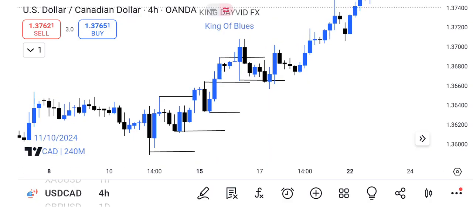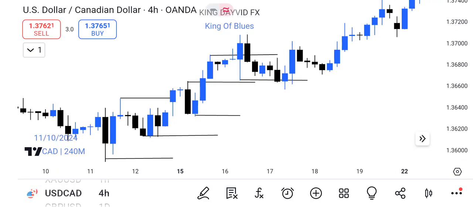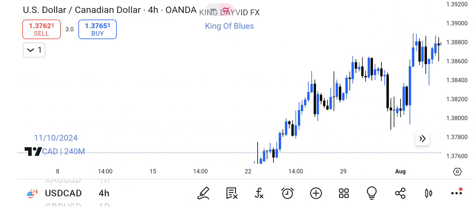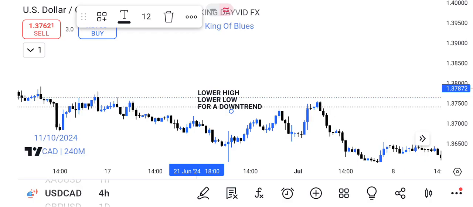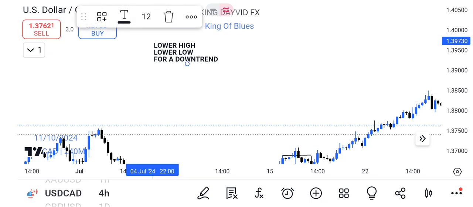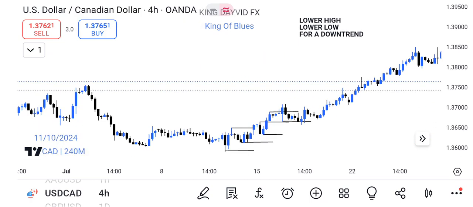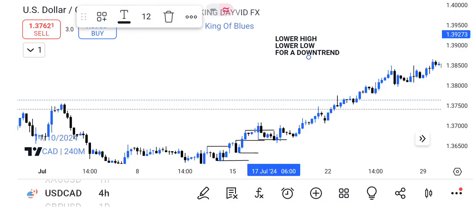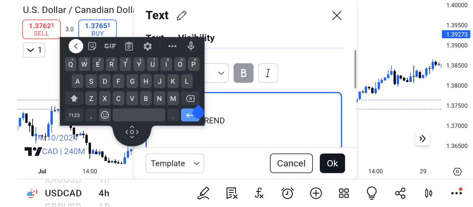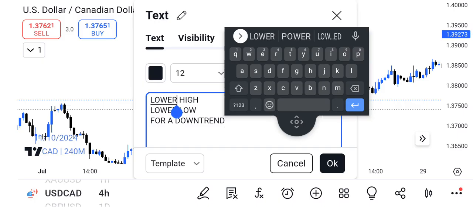If you look at the formation of what I just marked out, you will see that the price is creating higher highs and higher lows. Now, if you look at the formation of our downtrend, let me just move this to where we are working. If you look at this direction, we are no longer working on lower lows and lower highs. What we are doing now is we are working on